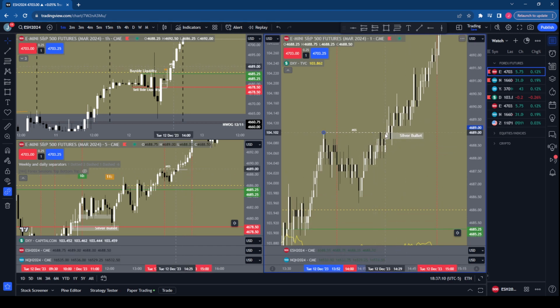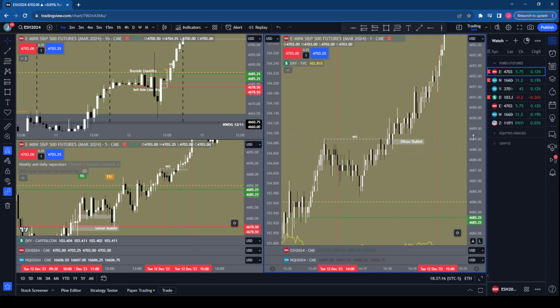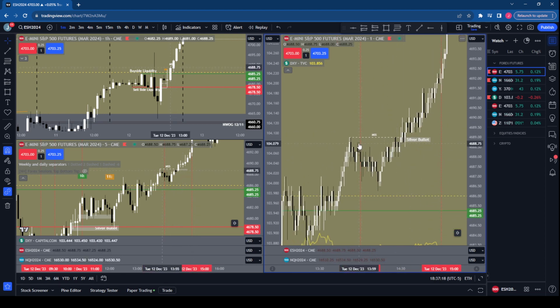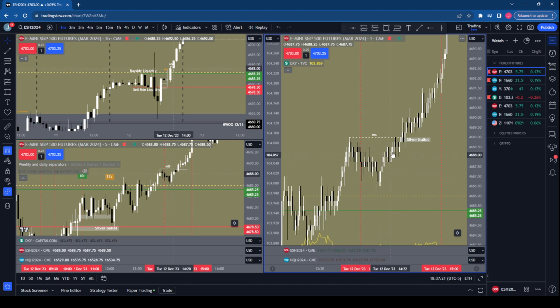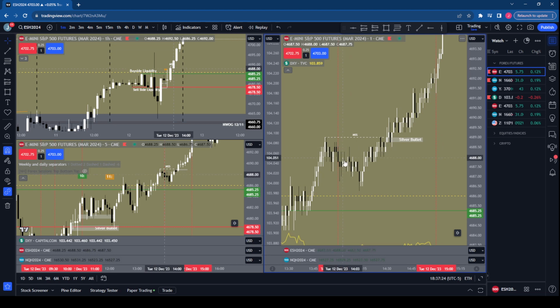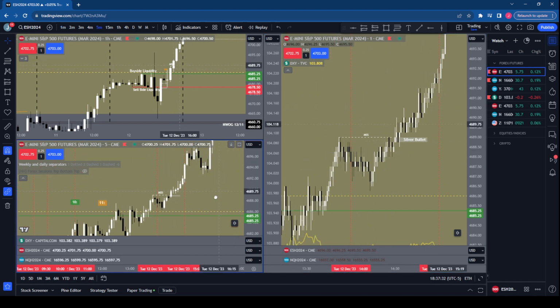I think that's a little cherry picked in my opinion, but hey, who knows? Anyways, I think a lot of people would agree and see this and be like, I wouldn't have taken a trade in that. I think a lot of traders would agree that this isn't price that is very high probability of delivering for